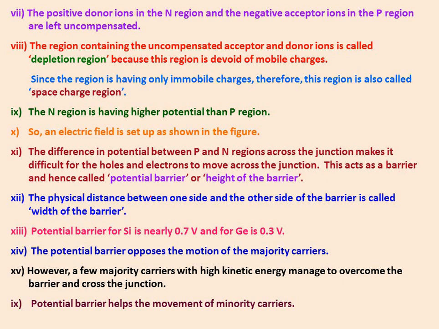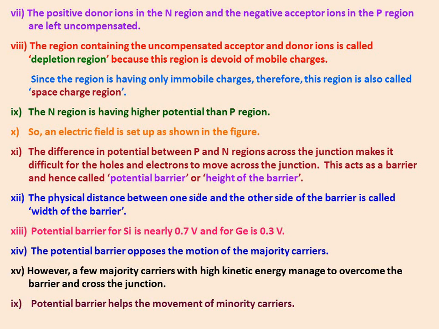This acts as a barrier and hence we call it the potential barrier or height of the barrier, and the physical distance from one side to the other side is called the width of the barrier. We have mentioned that right from here to there was the depletion layer, and suppose V is the barrier potential and D is the thickness of the depletion layer,